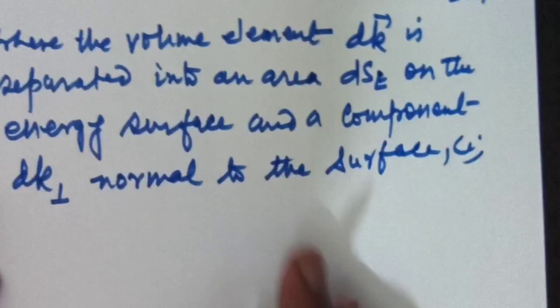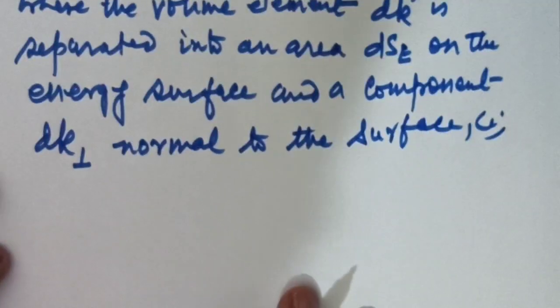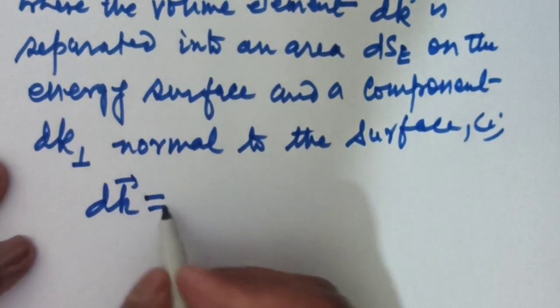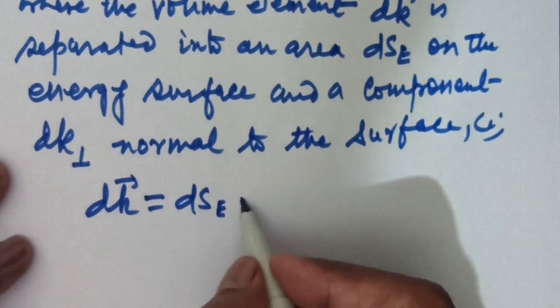That is, as I had mentioned earlier, this dk we can write as the product of